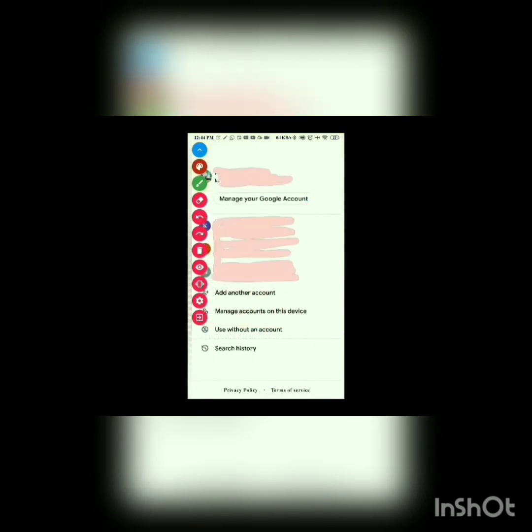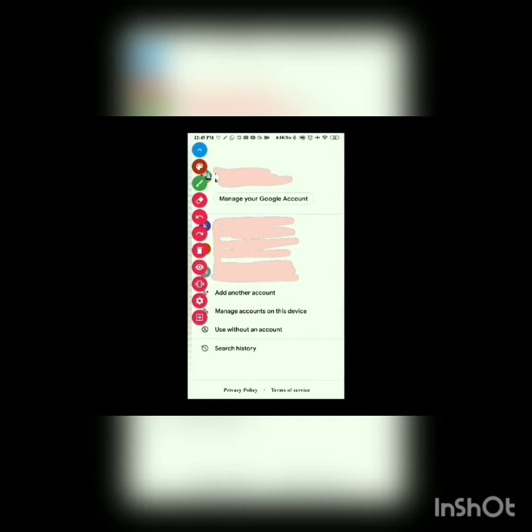You will click on that icon. Here you see all the mail IDs logged in by you, right? Here we will click on add another account.